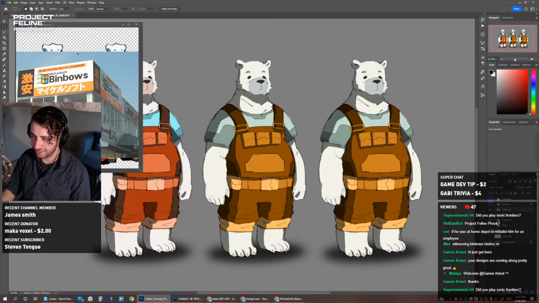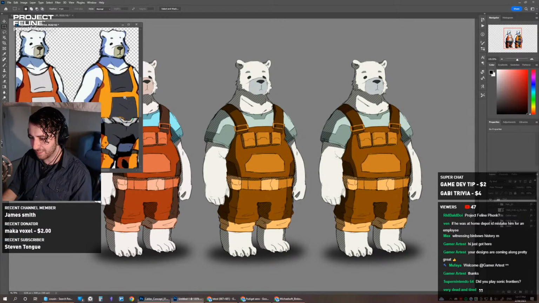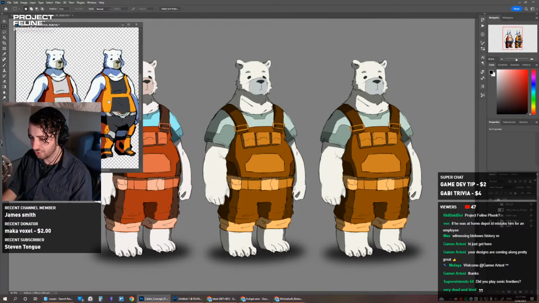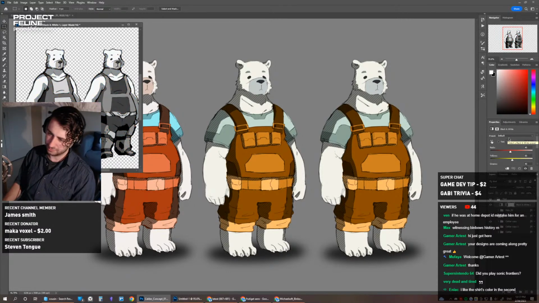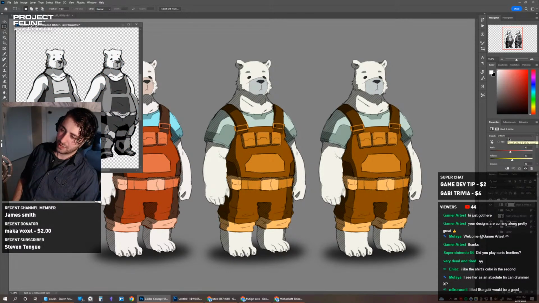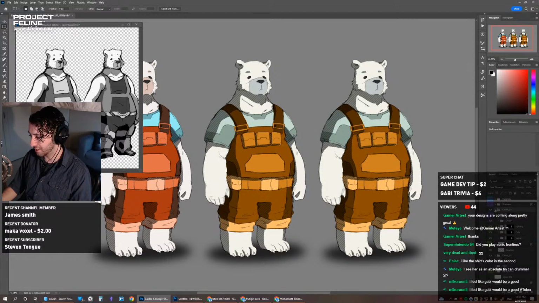But I'm just thinking what palette to try next. Well, this palette is kind of similar to... Actually, I haven't looked at what the values are like on these yet, so let me... How does that look? Oh, that's interesting. I'll try another set of values for the third one. I'm going to try something completely different. We're going to copy values from this one on the other picture, just to try it. See how it is.